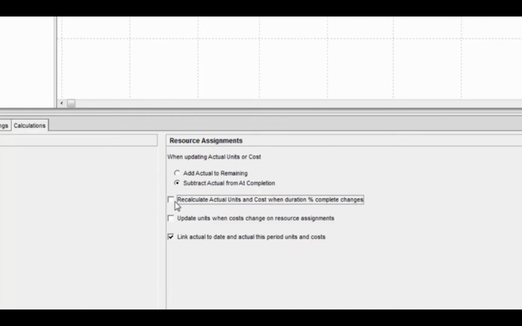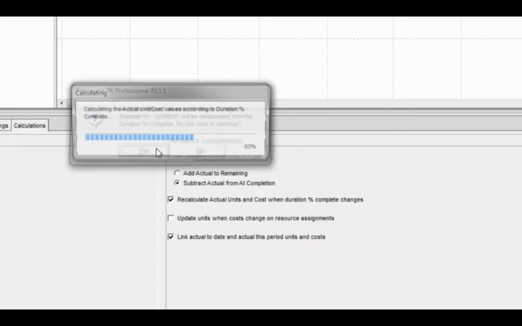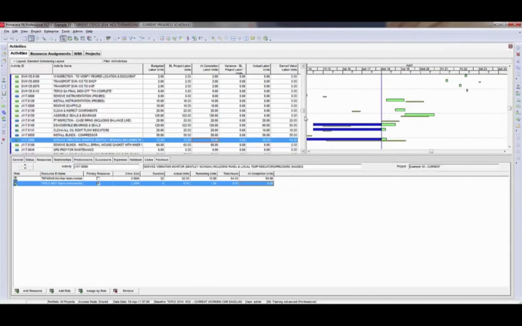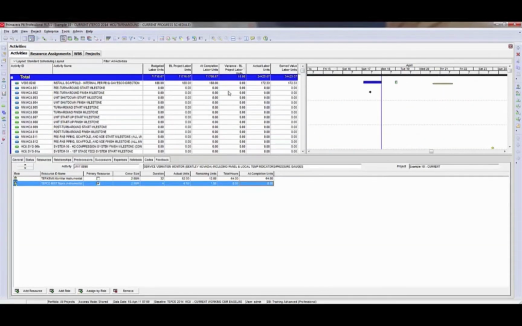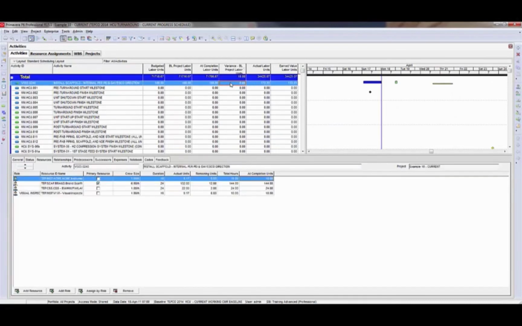If I turn that off and then turn it back on, P6 gives me a warning saying all of the actual costs and unit values for the project example 10, which is the one I'm using right now, will be recalculated from the duration % complete. Do you want to continue? I can say yes, and then I can go back to the activities view and see if that has resolved the problem. I can see here, because I still have that one with positive variance, that did not resolve the